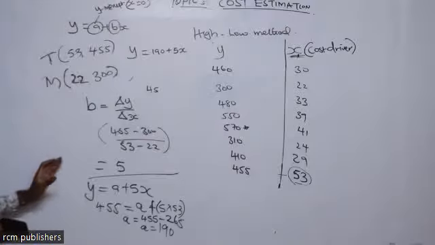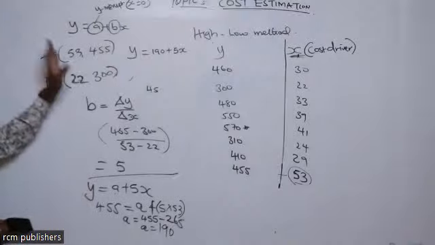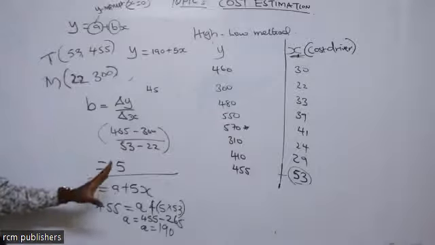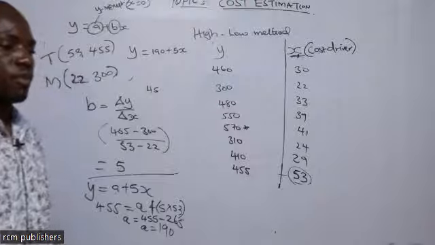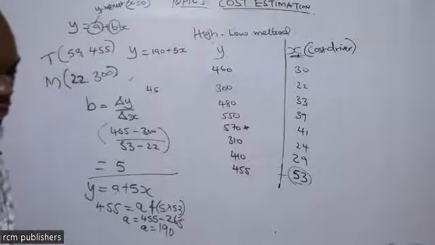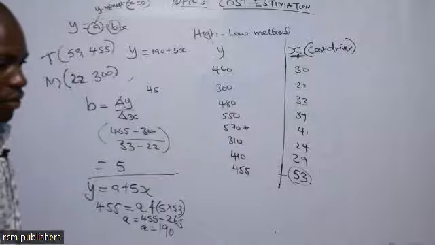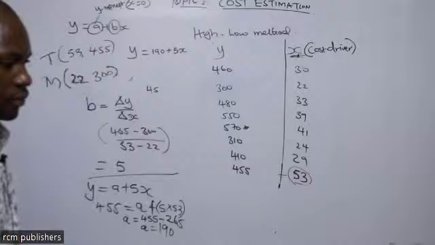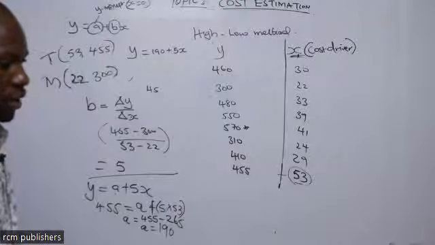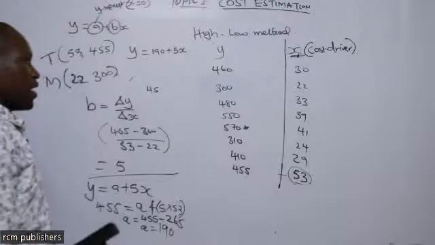Is it now clear to somebody that you are able to use the high-low method to come up with a cost function to estimate even the cost for the next period? Confirm if you are able to do that. Okay, if that is done,